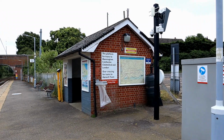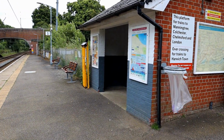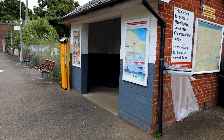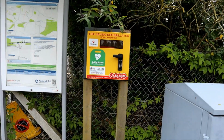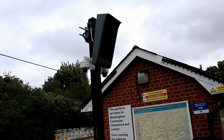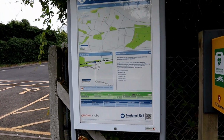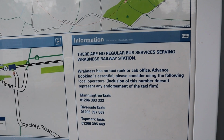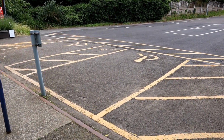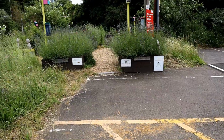We've got this little brick waiting shelter. Obviously it's not an original part of the station and probably comes from the 1980s. A reasonable amount of benches in here, I think. We've got a ticket machine, a defibrillator, departure screen above a help point, and good old onward travel information. Let's see what buses there are. None. Heading out of the station, we have got the car park, in which there is cycle parking and this